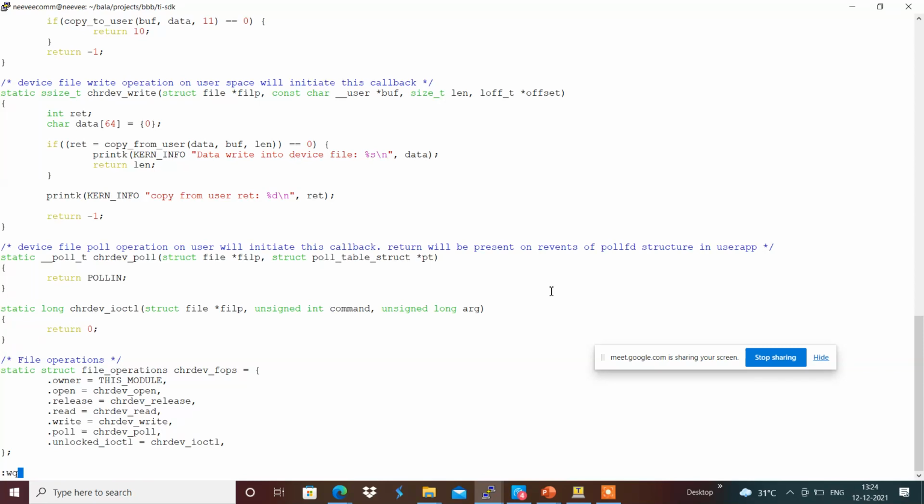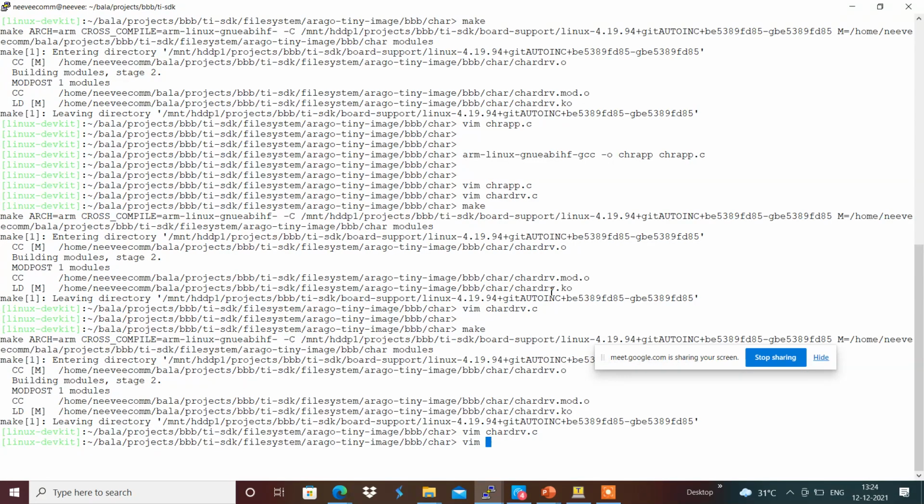ifndef CHAR_DRV_H, and define CHAR_DRV_H, and endif.